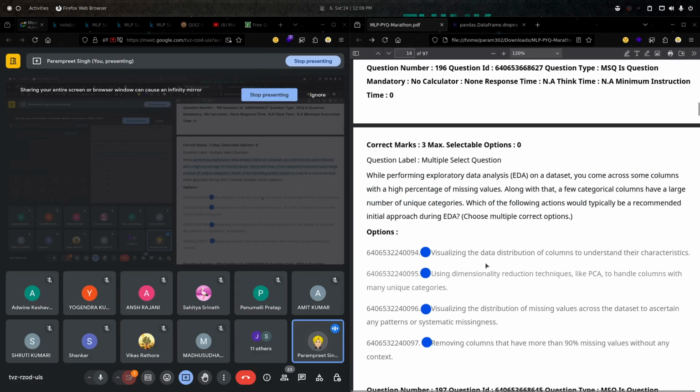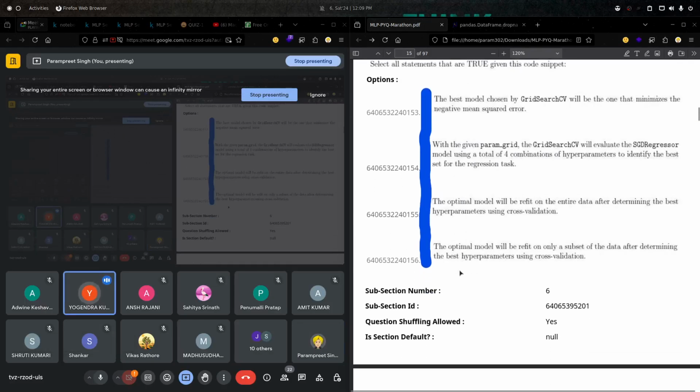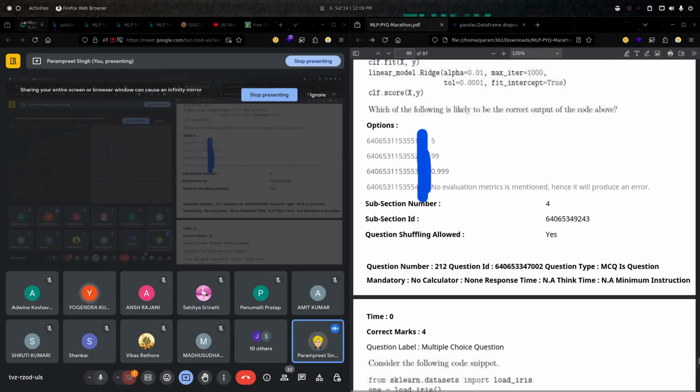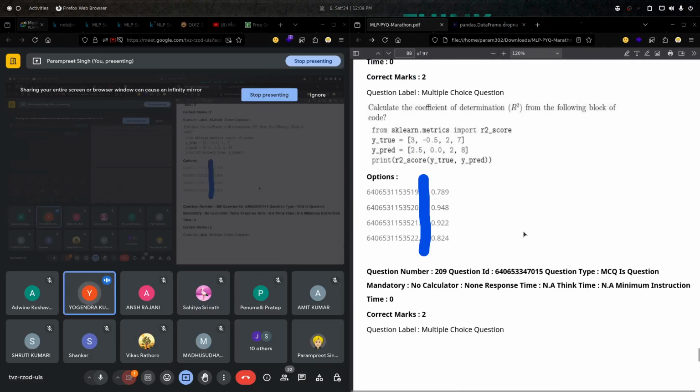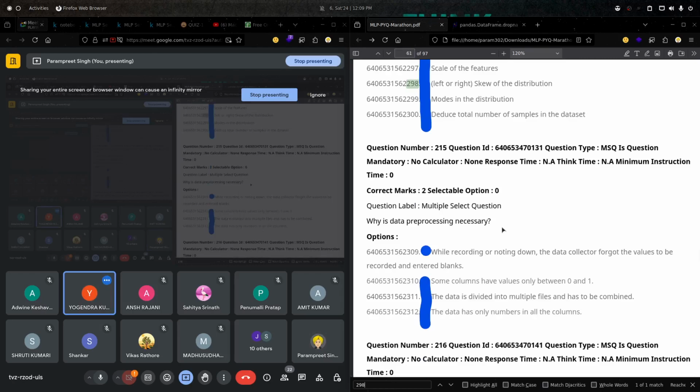Okay guys, कोई specific question पे आपको कोई doubt है? Actually, in last term quiz. Okay, where is the last term? May 23. Question number 298. Okay, can you give me the question ID?